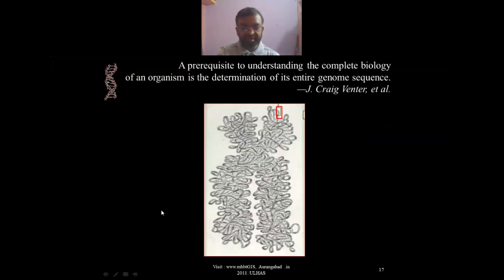So this is the typical cell. Now within that there are several segments. These are referred to as the chromosomes. I'm not going into much detail regarding the history of genetics, because you already know this subject at a basic level. I am just giving a lot of details regarding that.